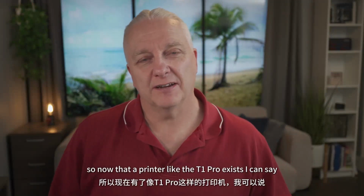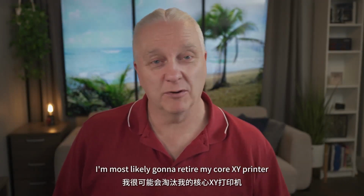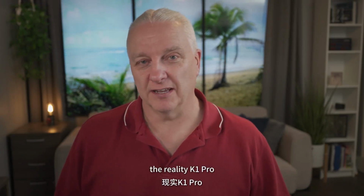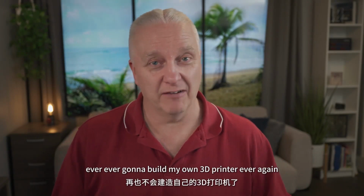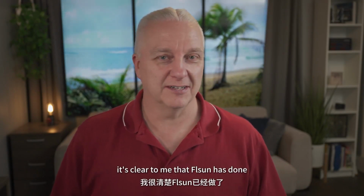Okay, so now that a printer like the T1 Pro exists, I can say I'm most likely going to retire my Core XY printer, the Creality K1 Pro. I can also say with absolute certainty that I am never, ever, ever going to build my own 3D printer ever again, because it's just not worth it. It's clear to me that FLSUN has done...